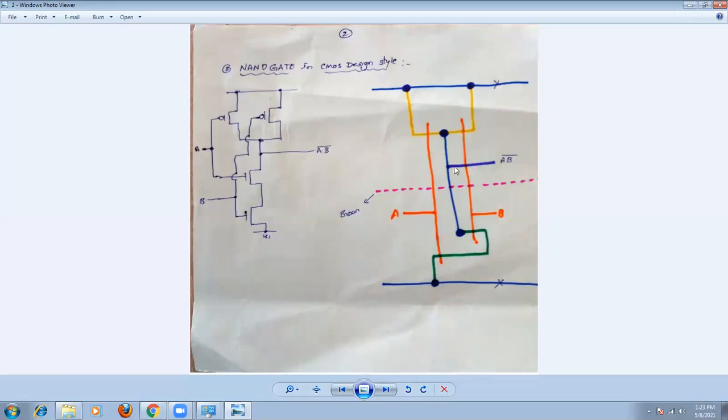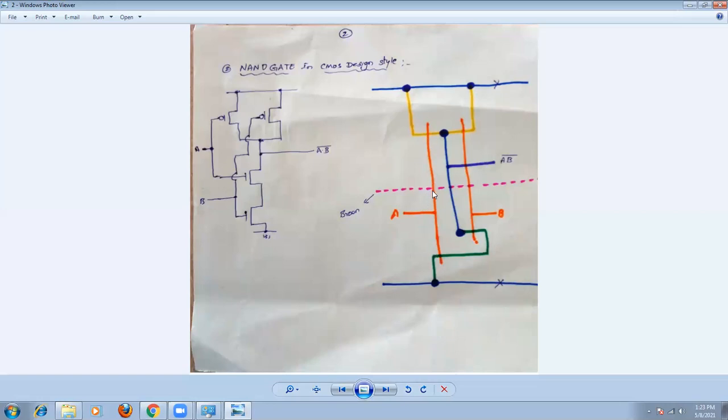Only polysilicon and metal will cross the demarcation line. So these are the P transistors we are going to place like this, and here also. Now see, we are going to join these 2 points. That's why we can change, no problem. Therefore, we can take a red color and join these 2.